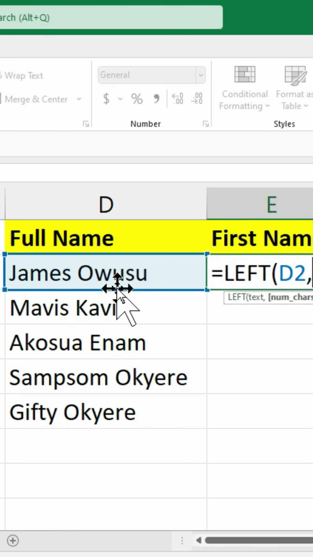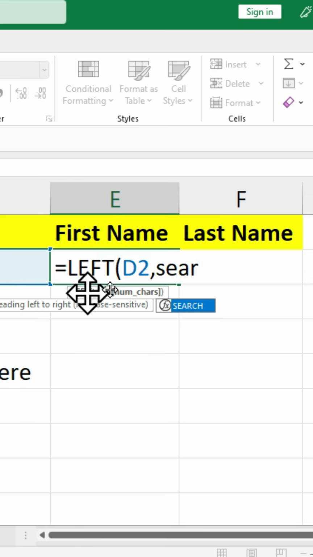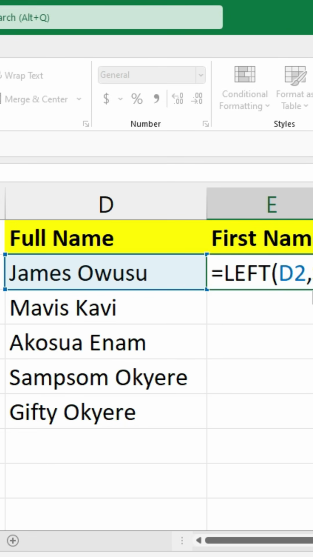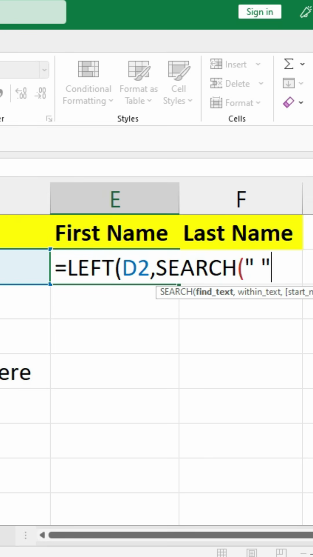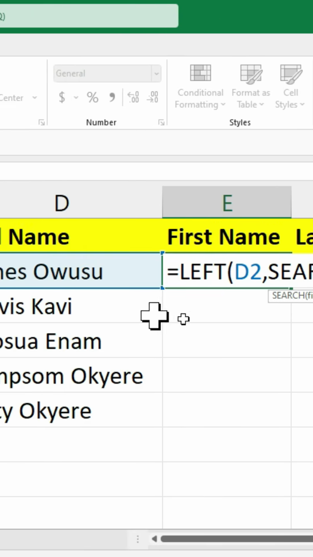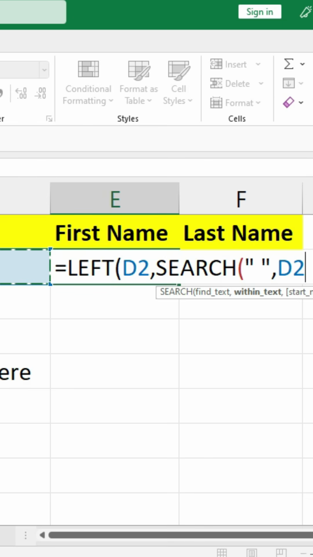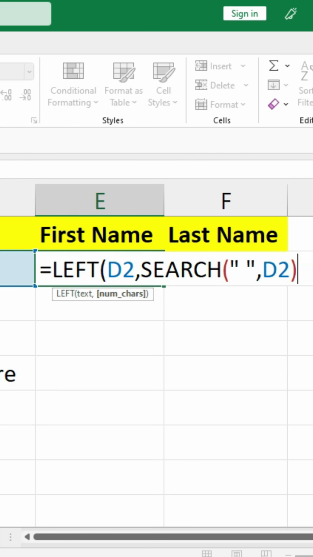So now that we have this, we want to search the space that is between this and this, so we are going to type the search function. So this is the search function. I'm going to press the tab key and this is going to open this. Then in this case, because we are looking for space between these names, we are going to use the quotation mark to represent the space element. Then we bring our comma. Where are we going to locate the space? In this particular cell. So we select this cell once again,